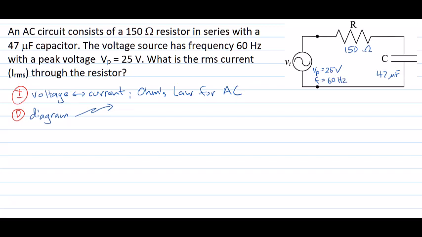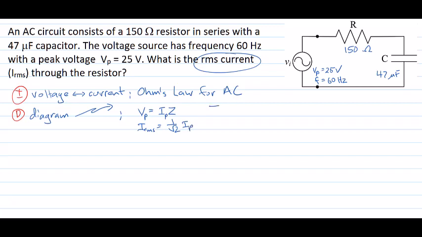Now, with those values given, it's important we can understand the relationships between them. Using Ohm's law for AC circuits, we know that the voltage here connects to the current multiplied by the impedance. Now, these voltages and currents need to either be both peak or both RMS values. For the time being, we might write that down as peak values because that's what the question tells us. But of course, we're being asked for the RMS current, so we'll need to remember that the RMS value here is 1 over root 2 times the peak value.